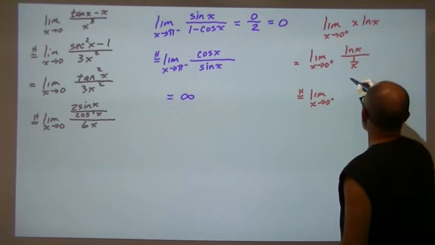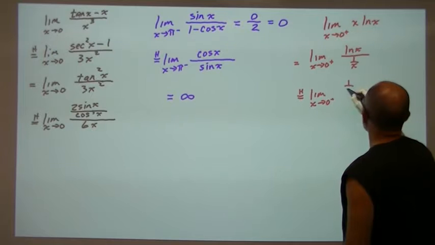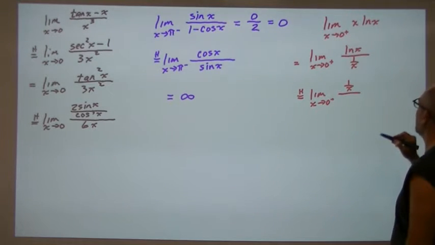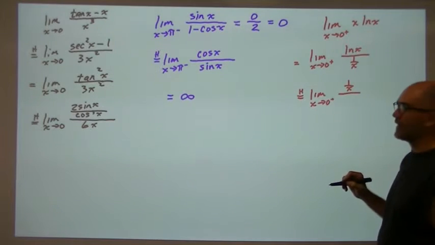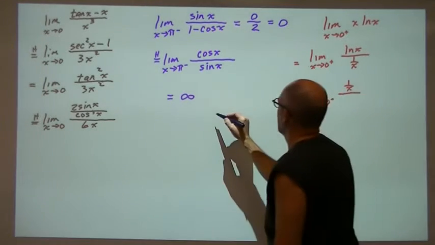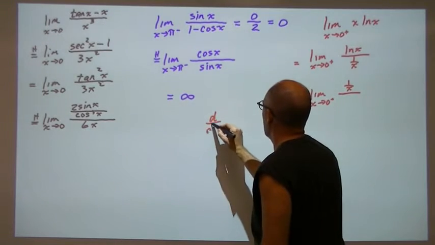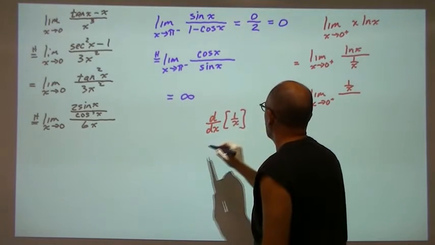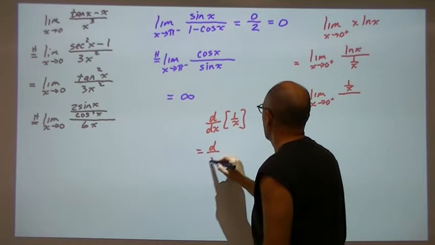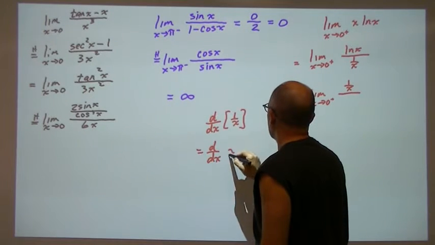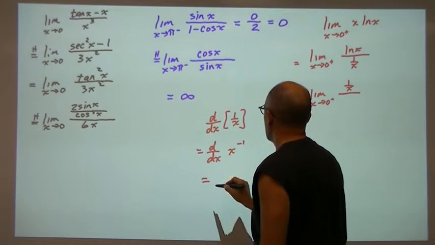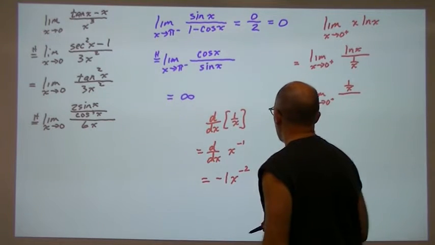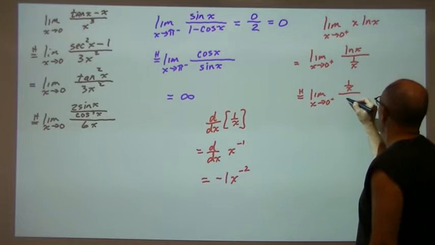the derivative of natural log x is 1 over x, and the derivative of 1 over x is negative 1 over x squared. Let's just show that over here. The derivative of 1 over x equals the derivative of x to the negative 1, which equals negative 1 x to the negative 2, which is negative 1